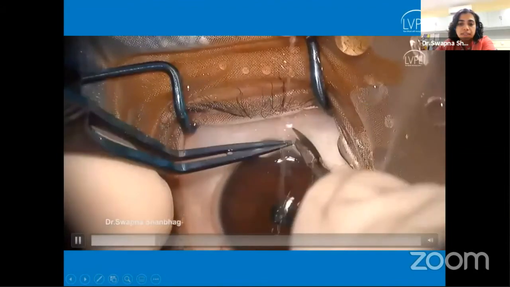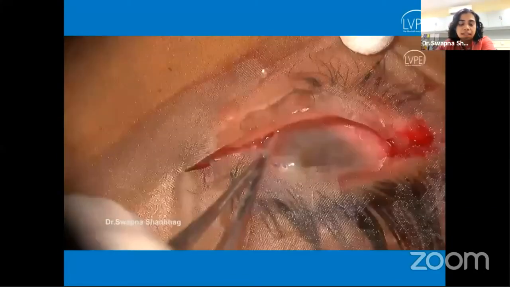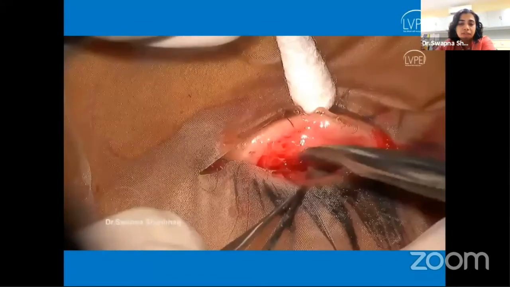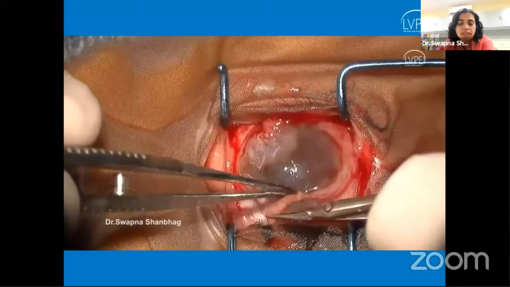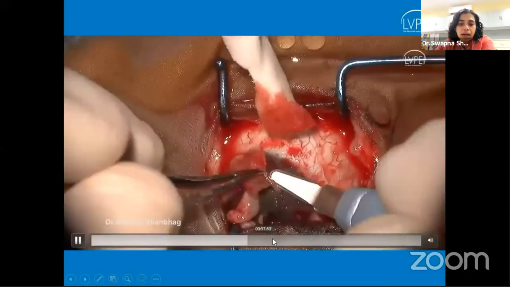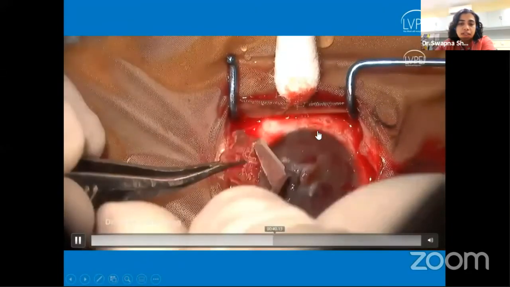So if you look at this, I'm releasing the panels, I'm removing the Symblepharon in this eye. And after removing the Symblepharon, I know I need to do a conjunctival autograft in those 2 areas where the Symblepharon was the most dense. So after removing the panels, I have sutured the conjunctival autograft.